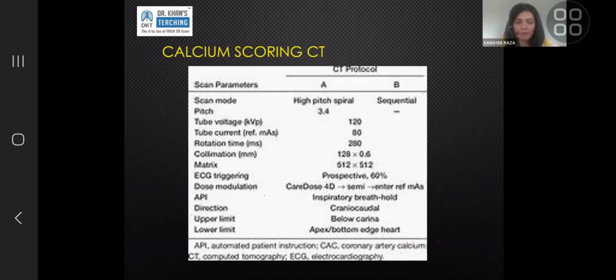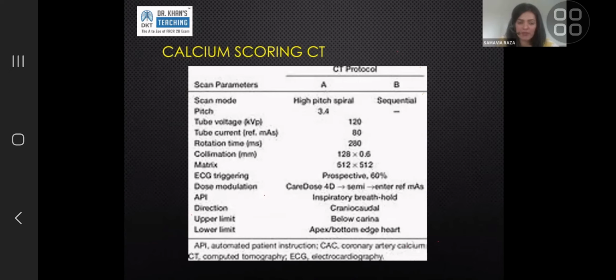a calcium scoring CT. Calcium scoring CT is a plain CT chest, but it is not like any other plain CT chest. You have to cater to the exact parameters, and the reason you have to do that is only then are the numbers valid. So we use something called an Agatston score, and it is an internationally validated score that gives you severity of